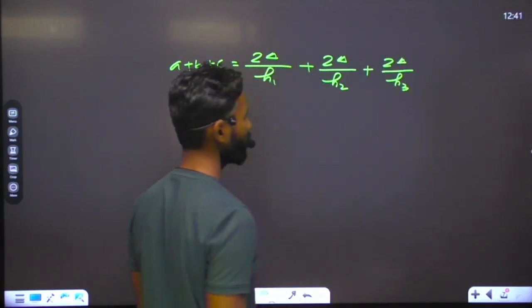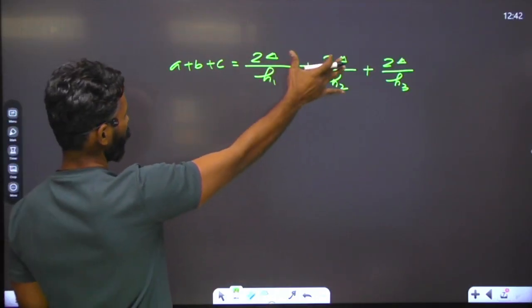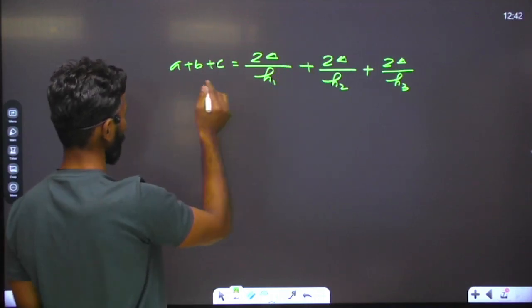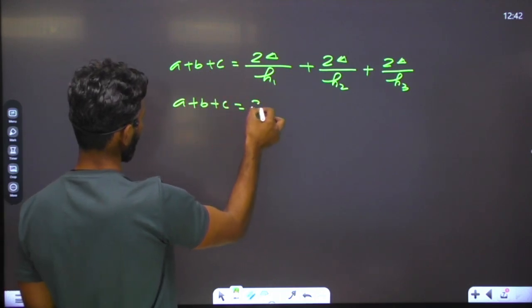Now I'm going to bring that 2 del to the left hand side. After taking 2 del common, I can say that a plus b plus c equals 2 del, where del denotes the area, as you know,